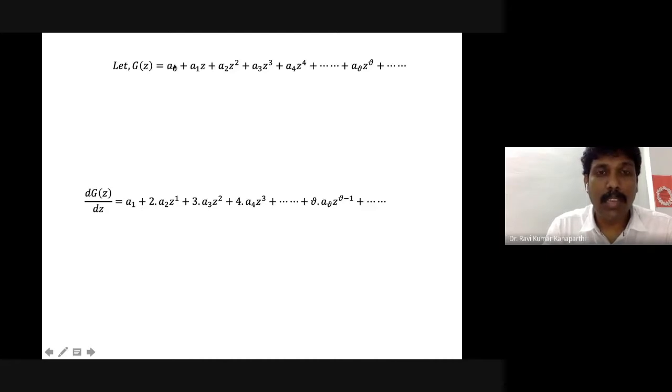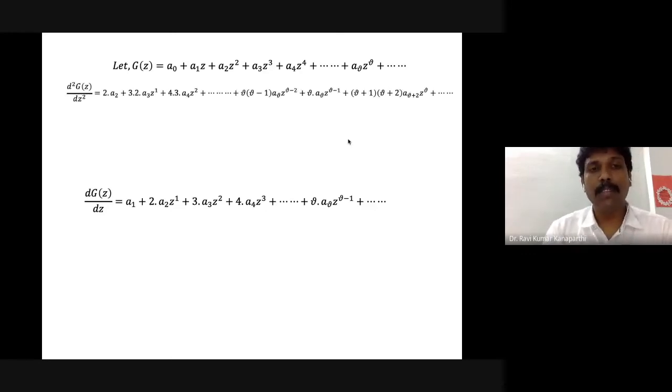Okay, here a0 is a constant, and the derivative of a constant is 0, so it is taken out. Then a1z, so a1z differentiates to a1, since the derivative of z is 1. Similarly, here z square is there, so it is a2 multiplied by 2z, right? So likewise, you can write down all the terms and their derivatives accordingly. There is absolutely no problem.